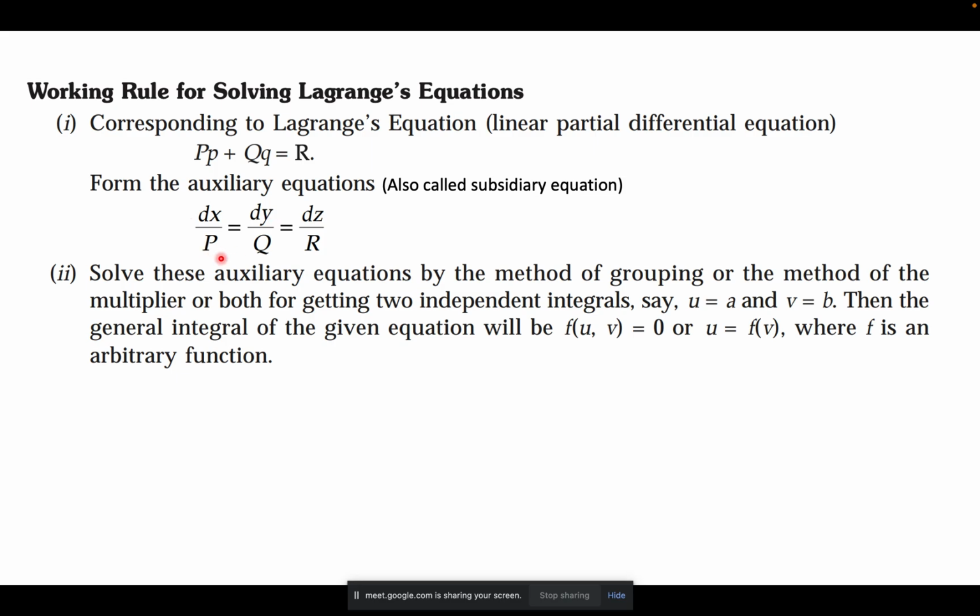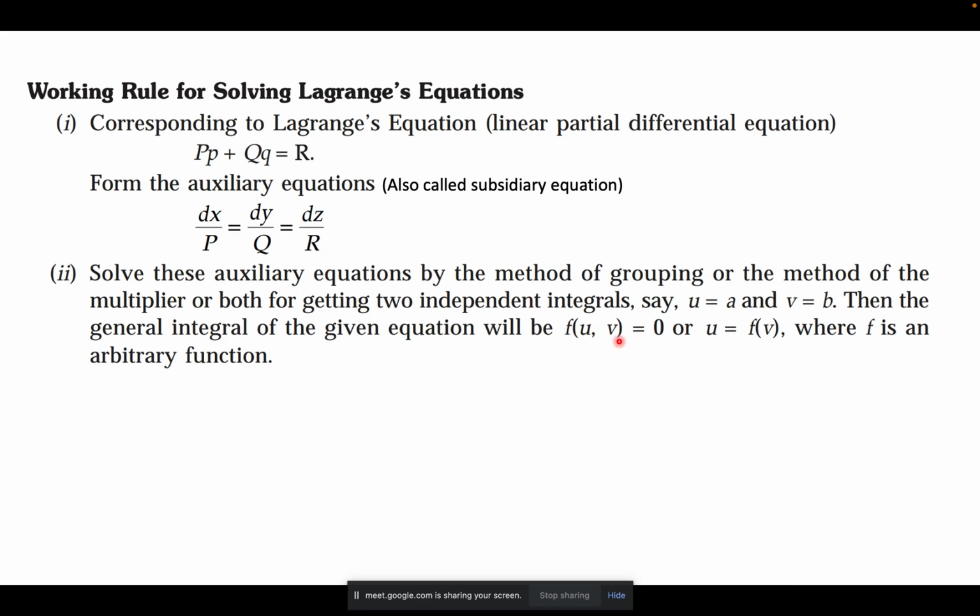Either you can club the first two, or the second and third, or the first and third. So you need to use the method of Lagrange multipliers or the method of grouping, and from there you can write the